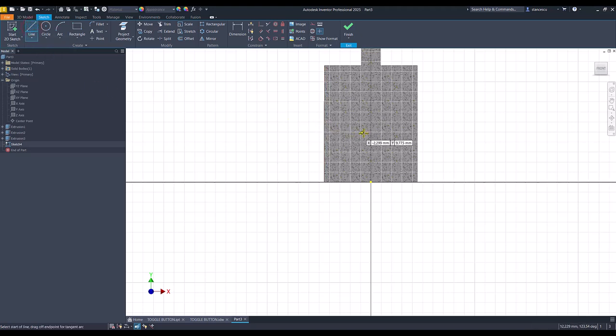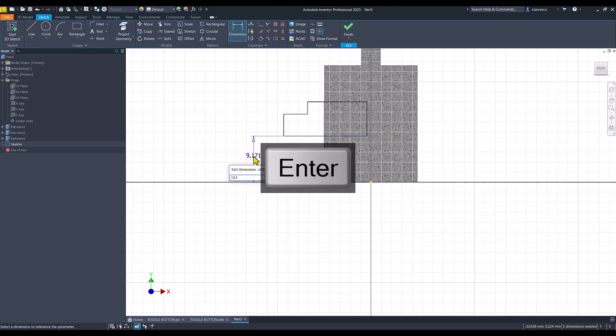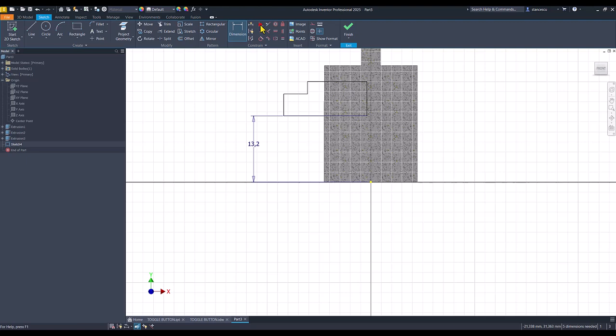I draw a line up, left, down, left, down and close. The distance between this line and this point is 13.2. This line contains the center point. This is a center line,